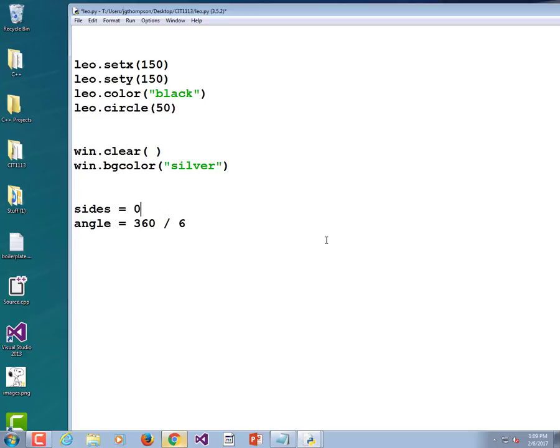I'm regretting making this sides is equal to 0. I'm going to erase all of that, and I'm going to type it again. Just make yours match. Sides is equal to 6. Angle is equal to 360 divided by sides. Now I need a variable which indicates which side we're on. And if I make it side rather than sides, which is maybe how I would do it, it's going to be hard for y'all to type, so I think I'm just going to make it S. Right now we've drawn no sides. So while S is less than the number of sides, colon,